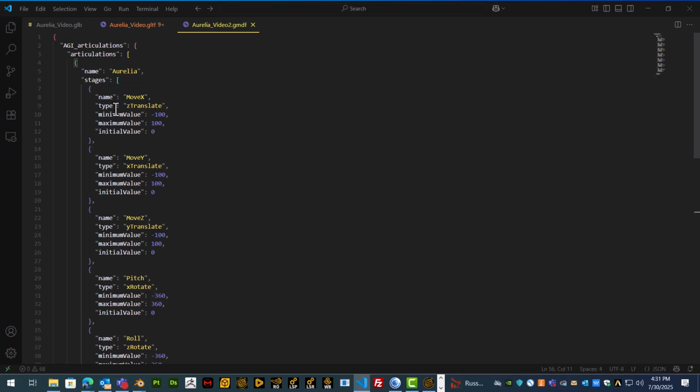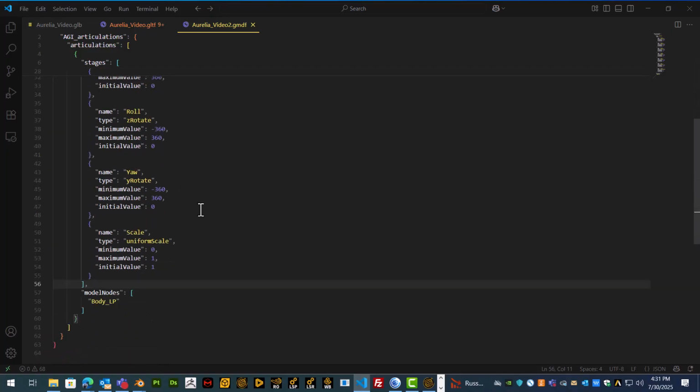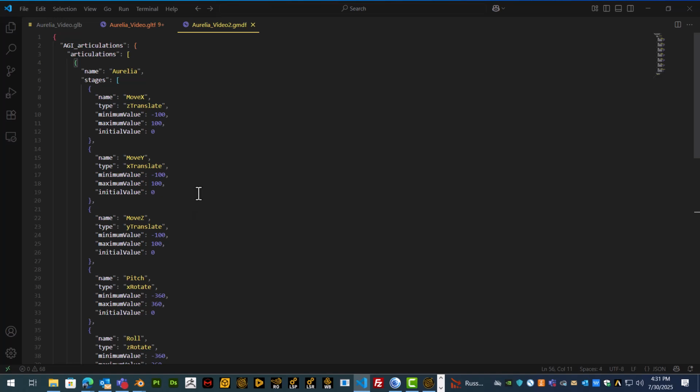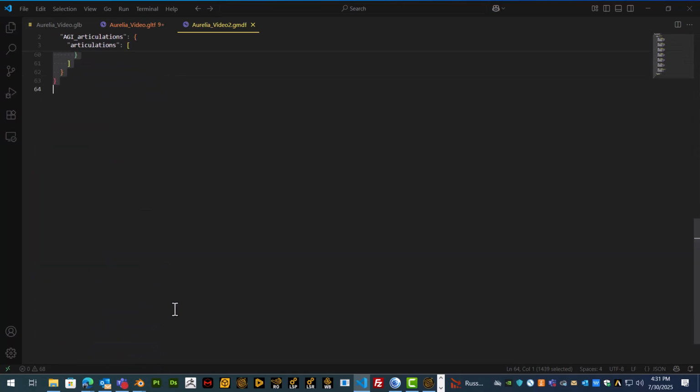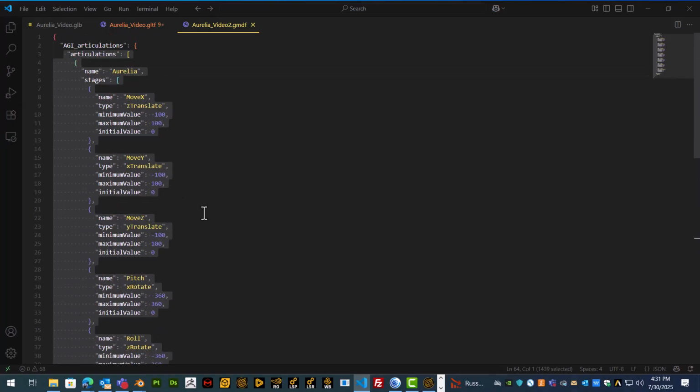Now, in later videos, we're going to see different blocks. We're going to see metadata blocks, and we're going to see model pointing, attach points, solar panels. There's going to be a lot more information in this file. But for now, we're just focused on articulations. So in the GMDF file, under articulations, your first line of code is going to be this name